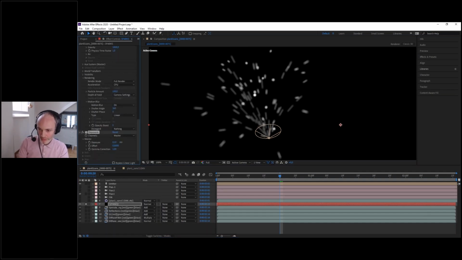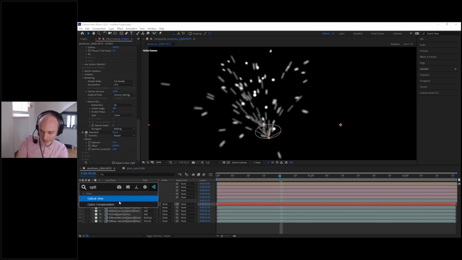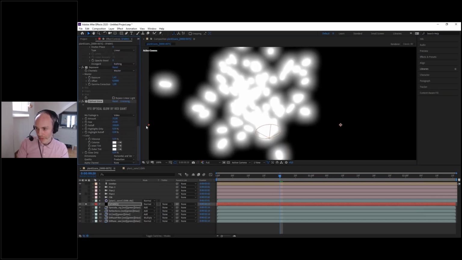If I increase my exposure, it's going to make it more solid. And the last very important thing is to use the glow. And for that, we're going to use another Red Giant tool, which is Optical Glow. Optical Glow is a very, very nice glow.